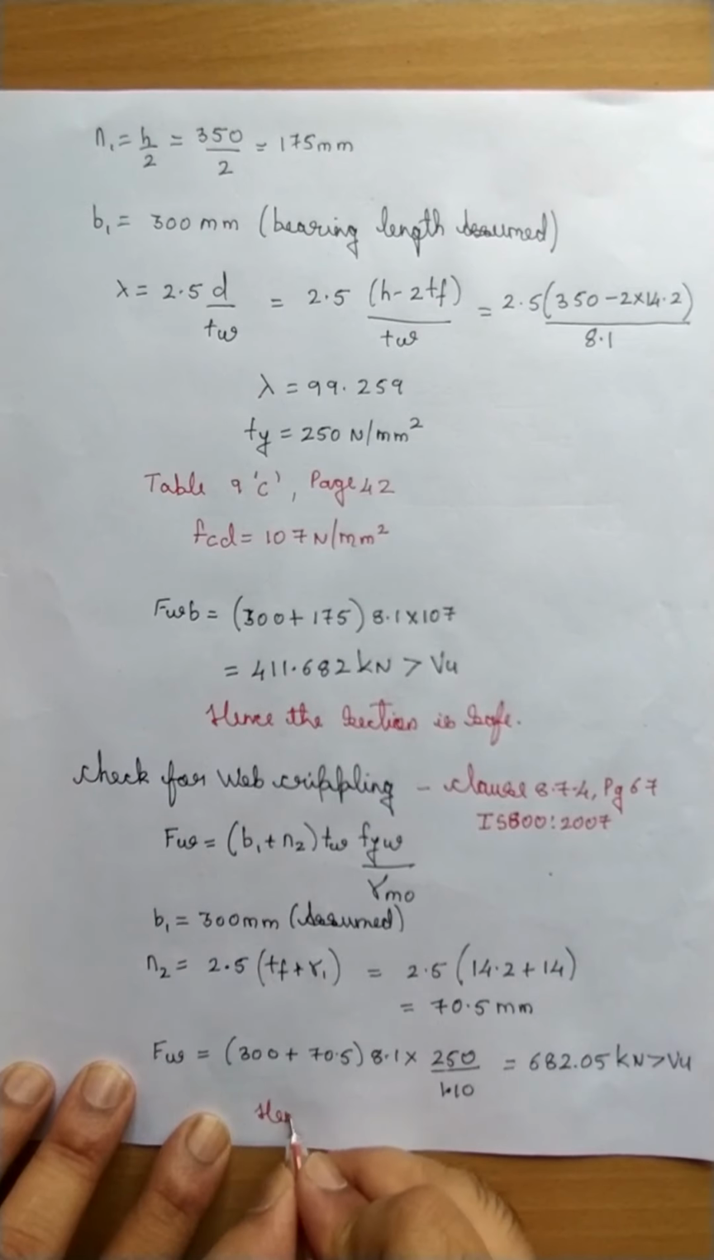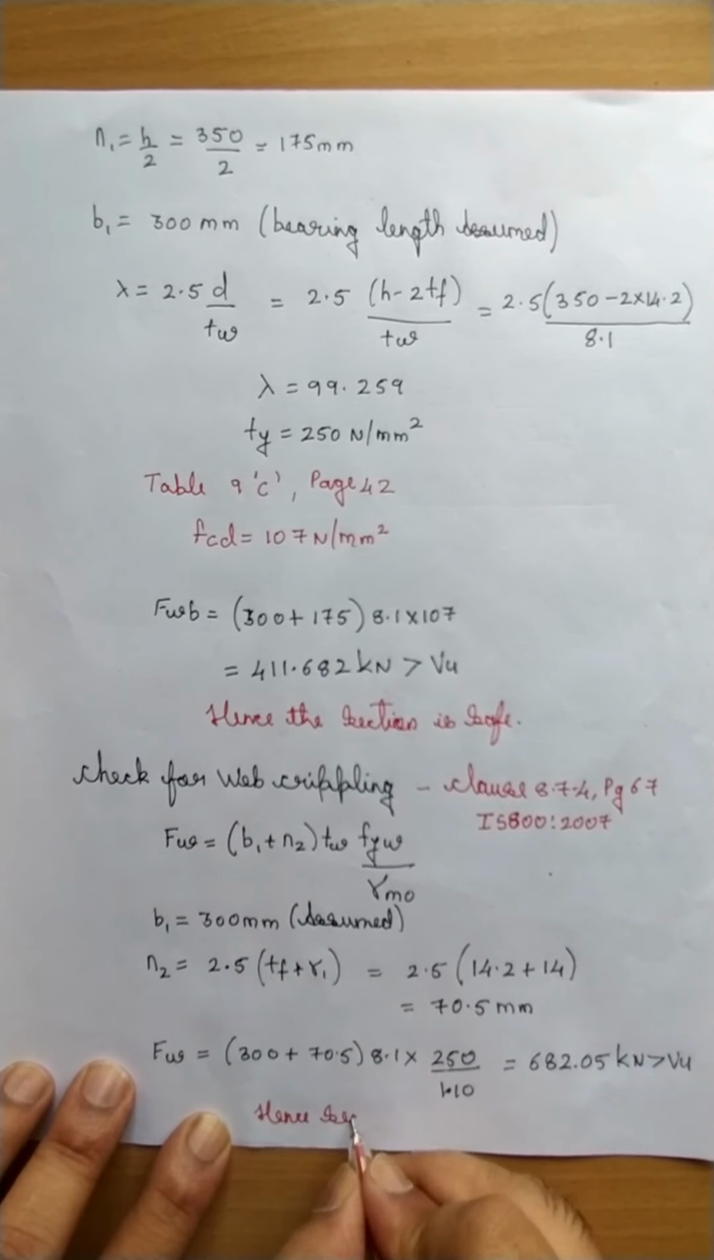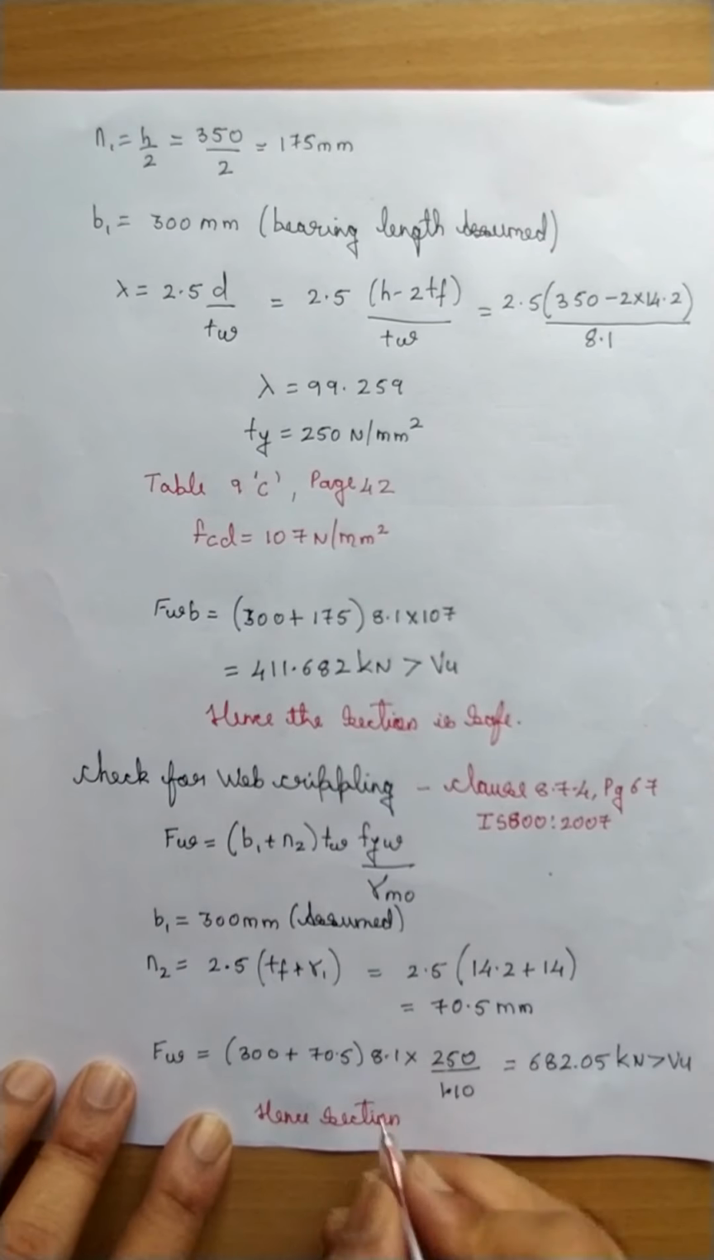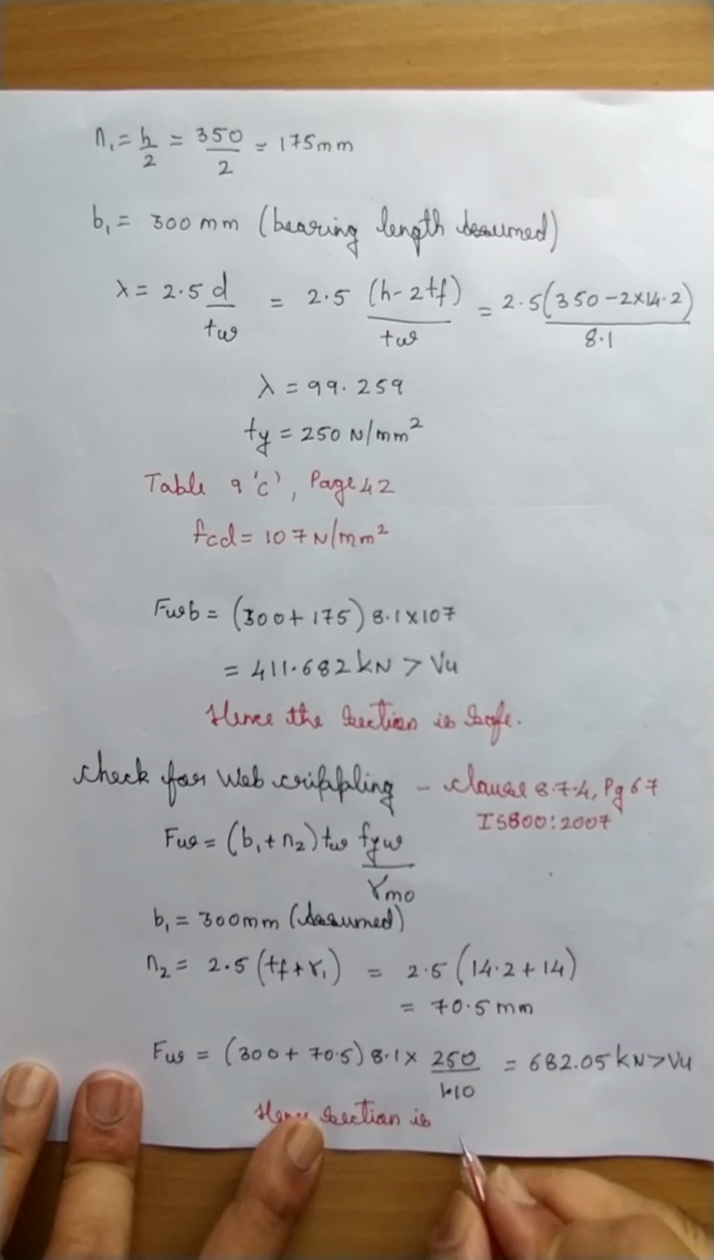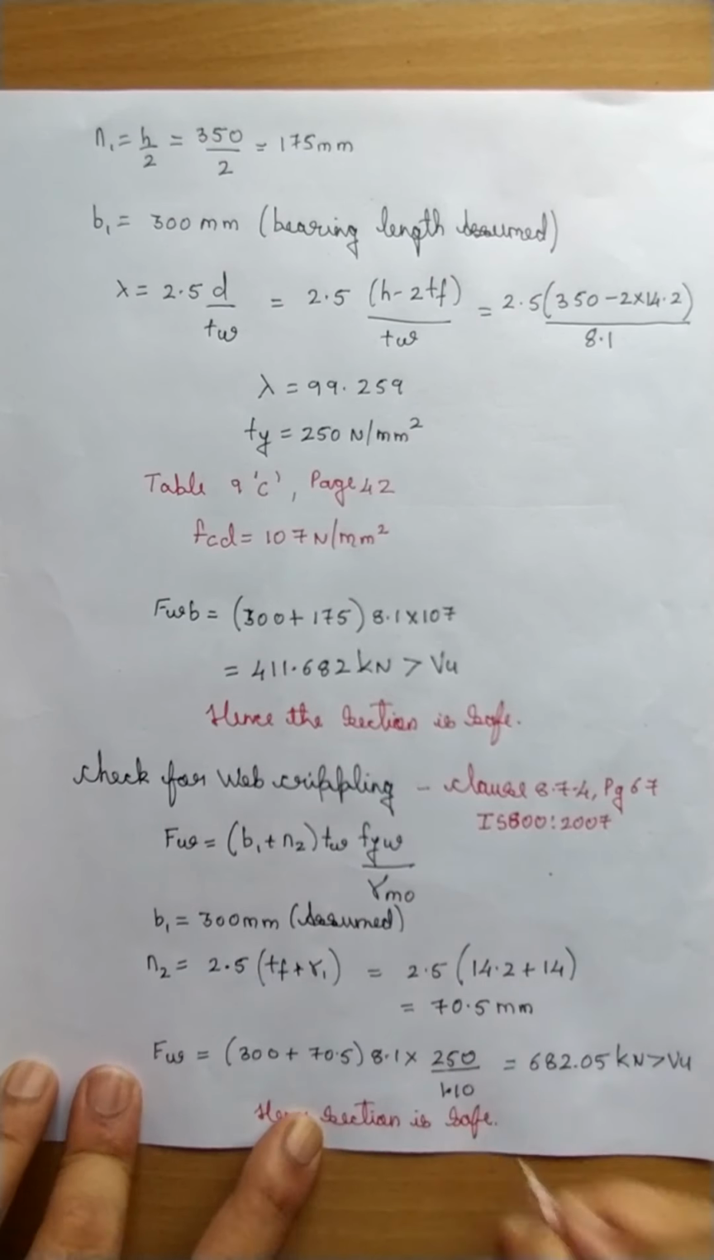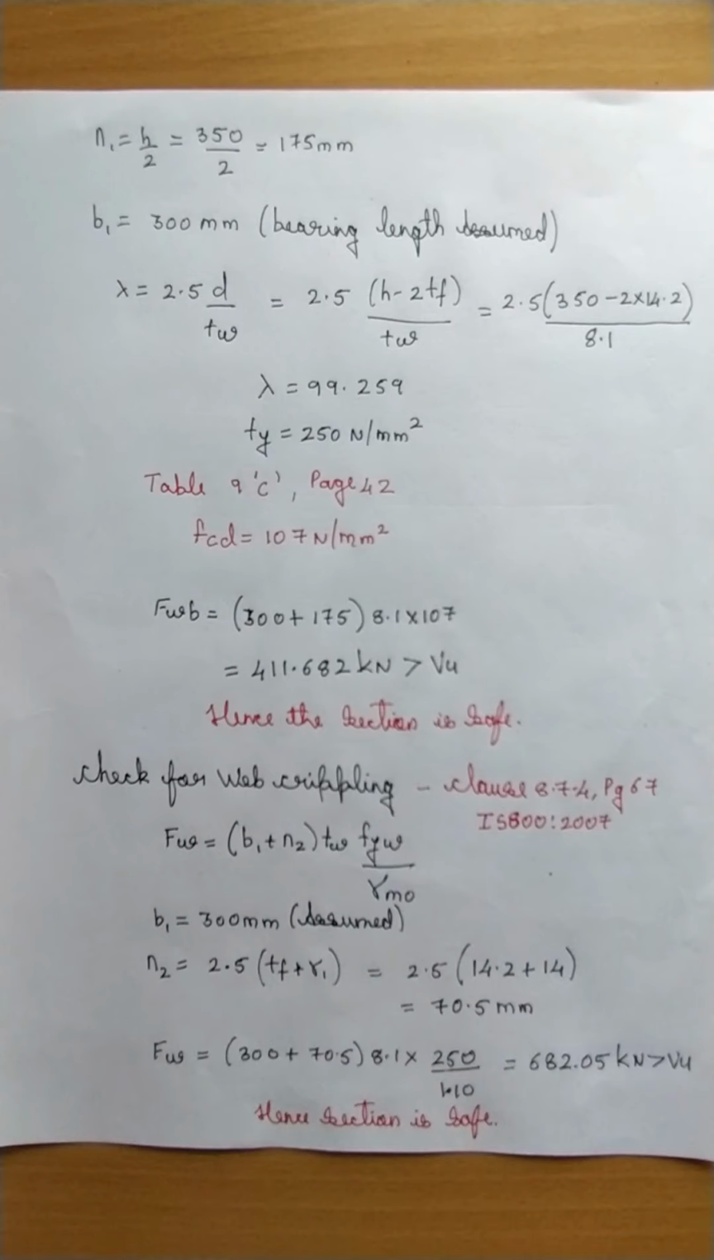Hence the section is safe. So all the steps are over. We have completed the numerical. So we have solved the whole numerical and we have got the answers, and on each of the checks it has been satisfied and safe. The meaning of this is